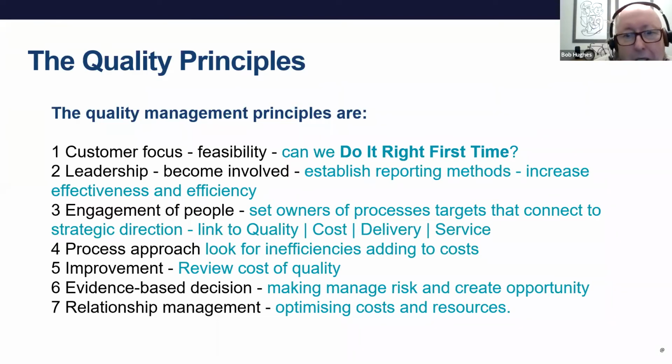Has that leadership team set effective objectives that people can work to, that people are accountable for to deliver right first time excellence? Has that engagement of people, that set ownership of process owners, do the process owners have the ability to work to the strategic direction? Do they know what it is? Do they have a concept of quality cost delivery service,